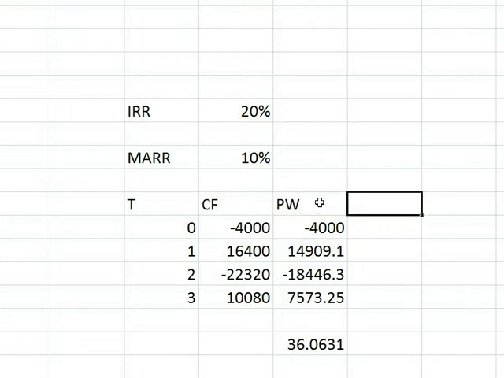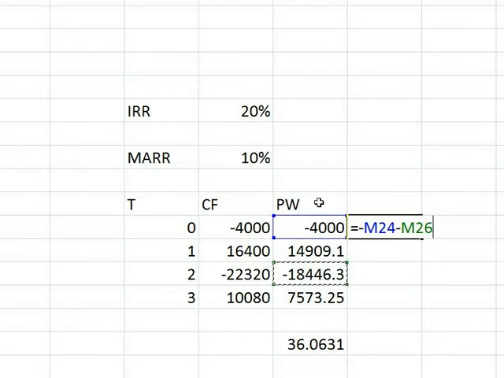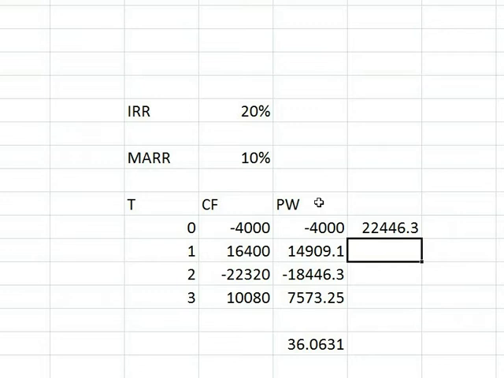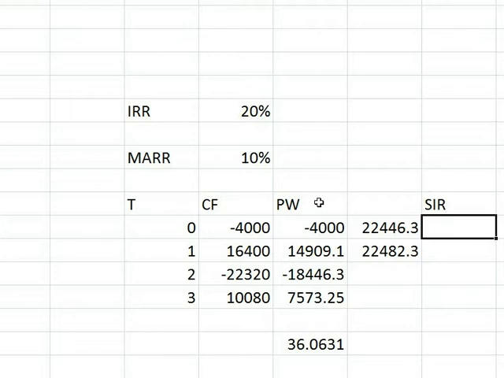And in order to obtain the saving investment ratio, we add up all the negative cash flows together. Since we're interested in the absolute value, I am going to place a negative sign for all the negative cash flows to add, and the total is 22,446. Those are the negative cash flows, and then the positive cash flows discounted add up to 22,486. So the savings investment ratio is the positive divided by the negative,